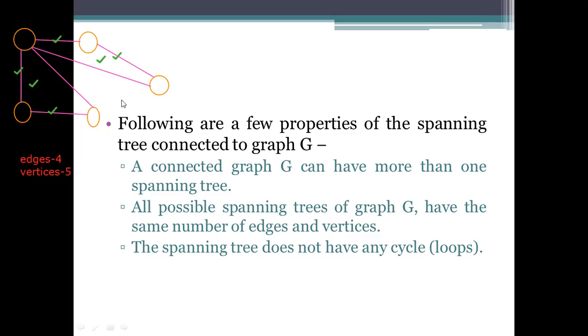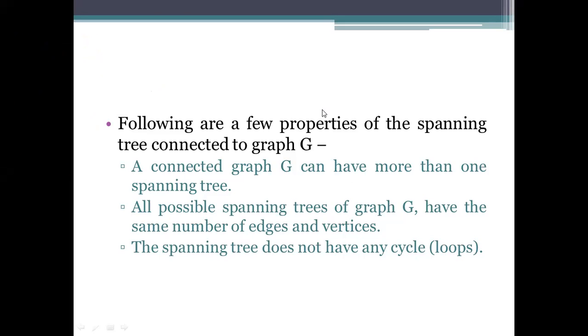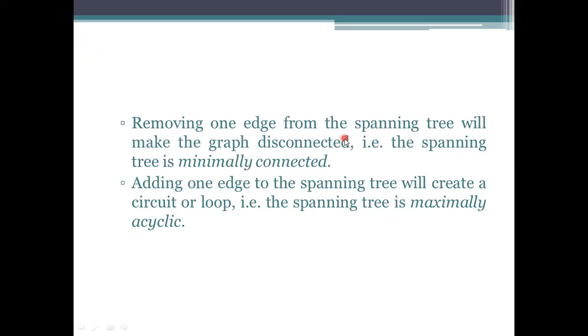So here we need to try to avoid the loops that are forming here, and we need to use as many of the edges as are needed to connect the vertices that we are representing. Those are a few of the properties we have while drawing a spanning tree for the graph. And see the example representation here.